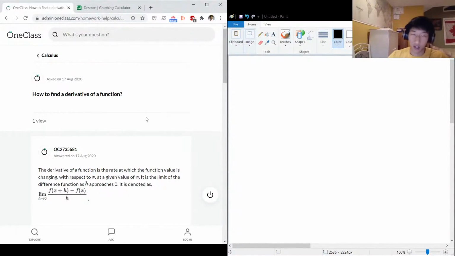So the question we got here: how to find the derivative of a function. Well, first we've got to think about what even is a derivative? A derivative is a function that tells us the slope of a tangent line of another function that is its integral. So I'll write it as, tells us